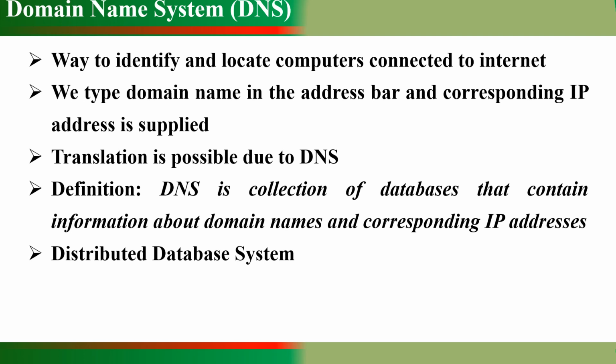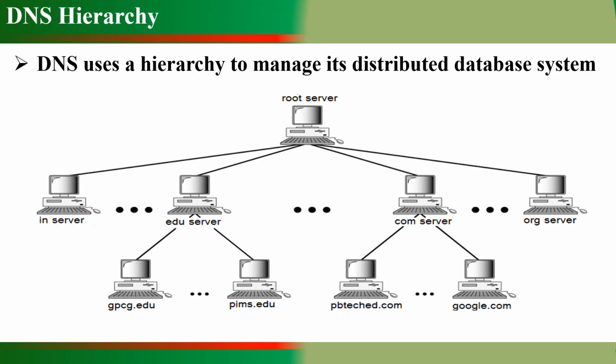into IP addresses. The function of a DNS, the function of the domain name system, is to map a domain name into an IP address. So we can say that DNS acts as a phone book for the internet that helps to locate the IP address for a specific domain.